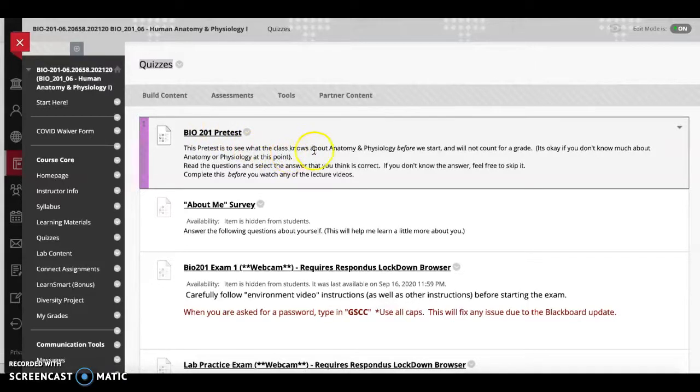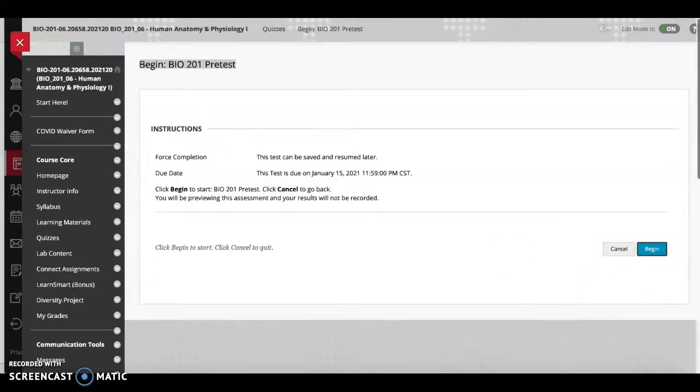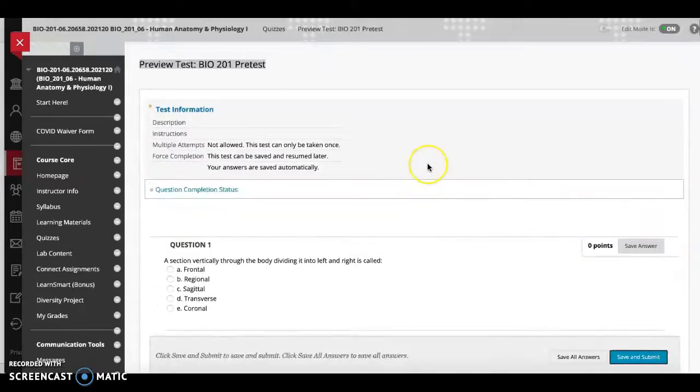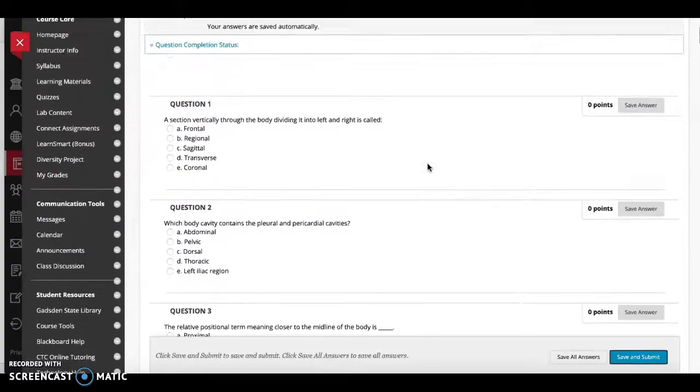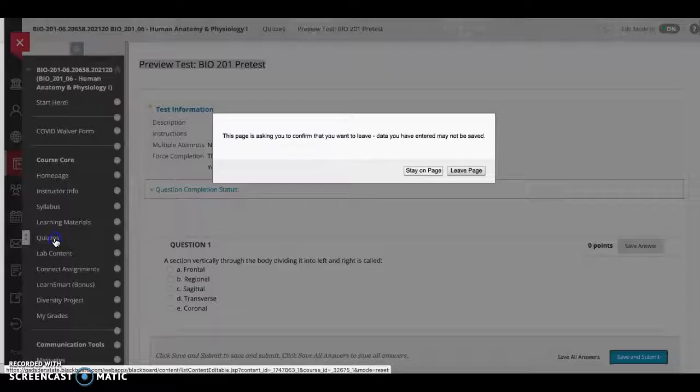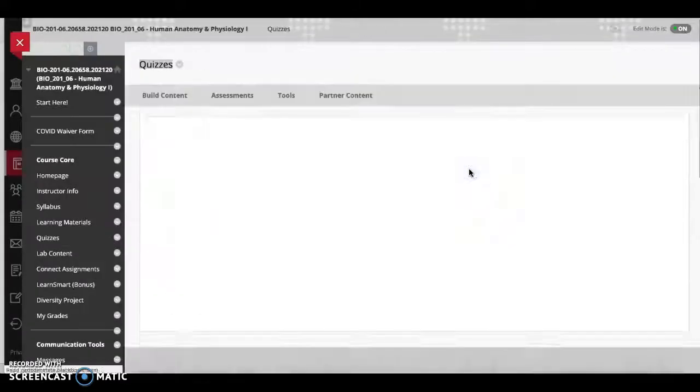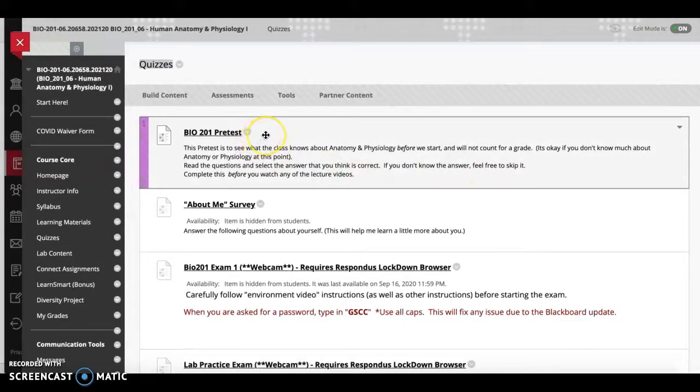All right, real quick, the pretest. This is something we need you to do at the very beginning of the semester too. It's just to see what you know about Biology 201 before the semester starts. It's kind of long, it's 60 questions. But here's the good news: this test is not worth any points. The reason that's good news is you're not supposed to know this yet. It's perfectly okay if you take this pretest and you don't know any of this information. It's honestly just paperwork stuff we have to do to see what you knew about anatomy before the semester started. So as soon as you get a chance, this one is actually due Friday, January 15th,